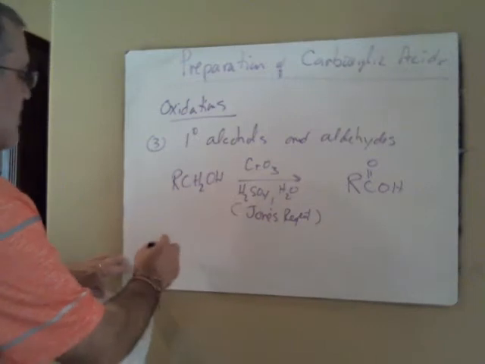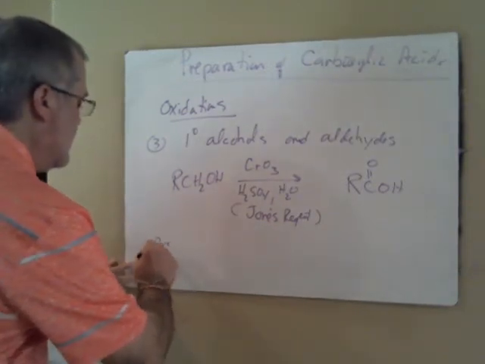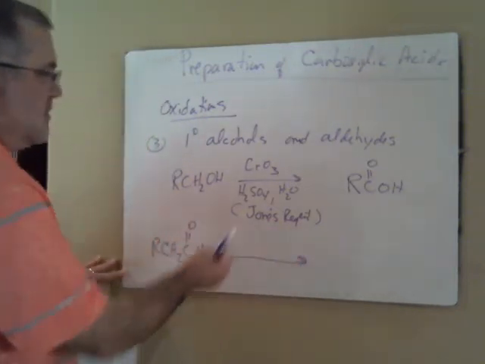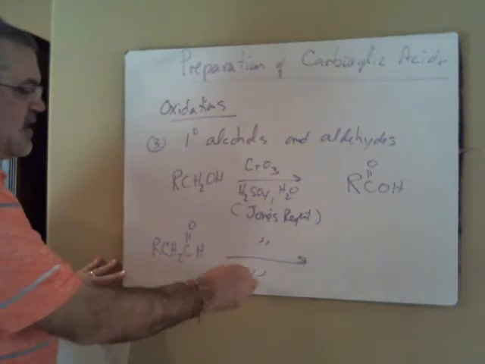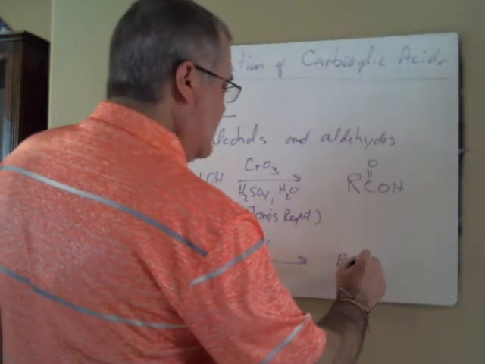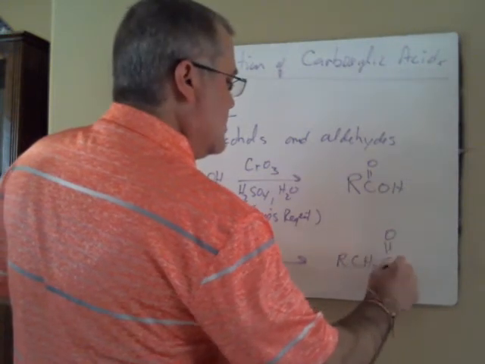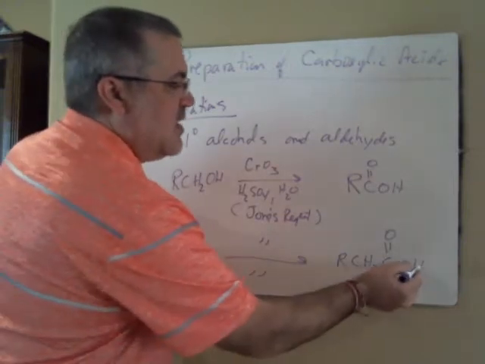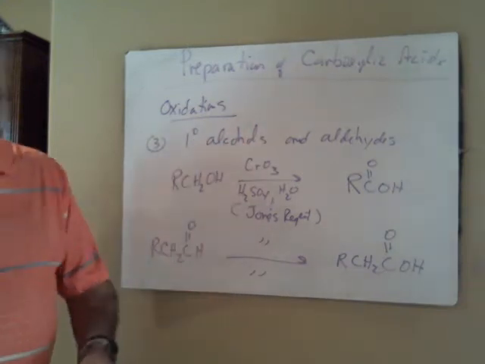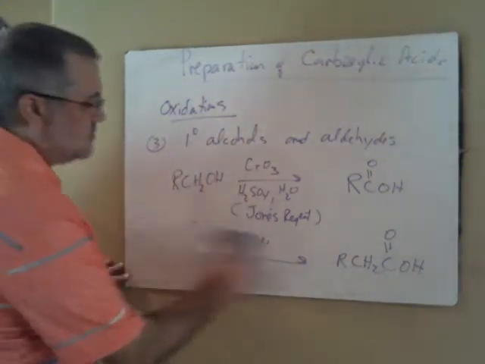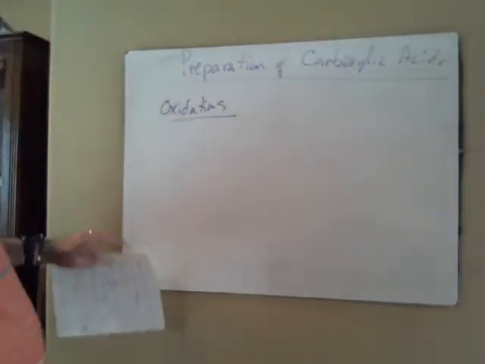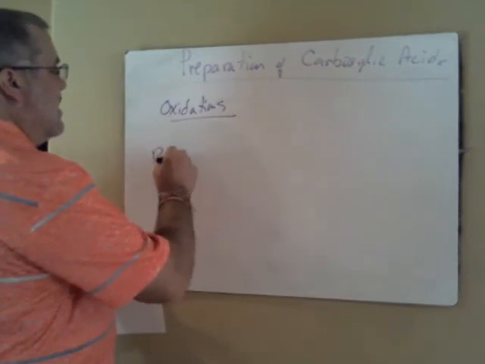The assumption is that if you write Jones's reagent, it's the same thing. But remember, if we already had an aldehyde like this, then we can use the same reagent. If we use Jones's reagent, we'll take that aldehyde and oxidize it all the way to the carboxylic acid, because I'm just going an additional oxidation state. So both of these things are reviewed. But I do want to show you one additional reagent that works at oxidizing an aldehyde